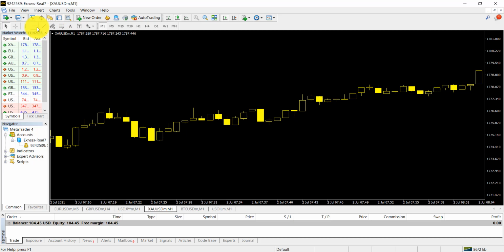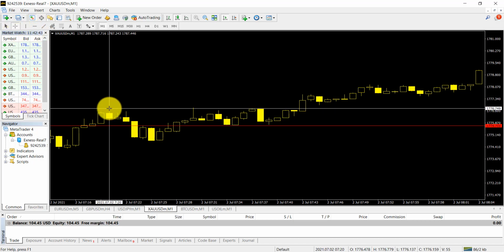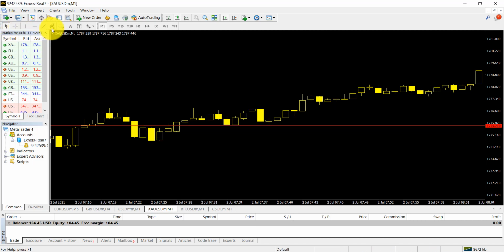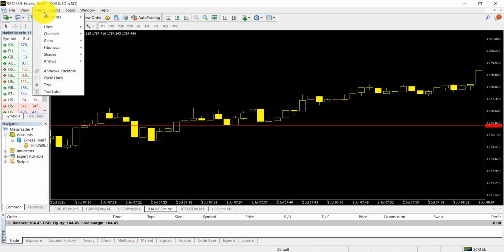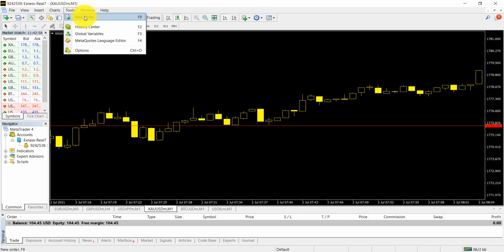If you need to do analysis, from here this is another option to choose support and resistance levels. If you want to calculate pips, you can click this one. You can calculate pips by this option. This is needed. From the tools option, you can open a new order. If you want to open a real or demo trade, you can simply click the tools option, then click new order.